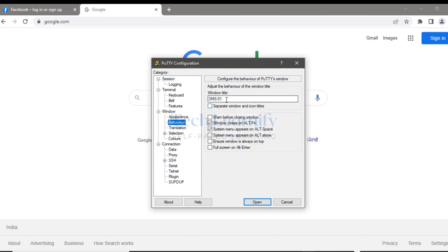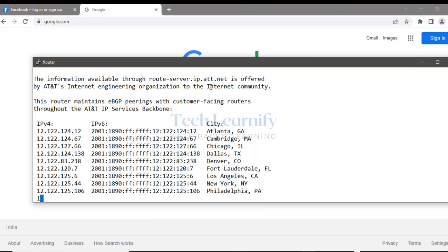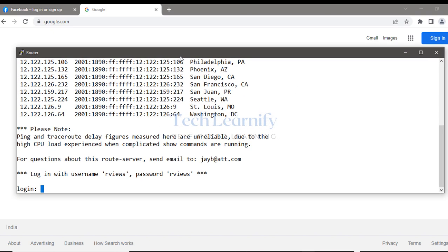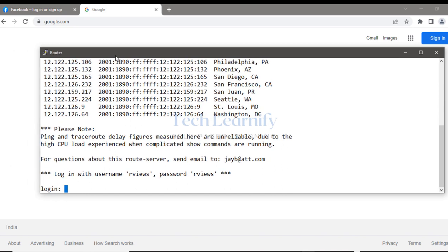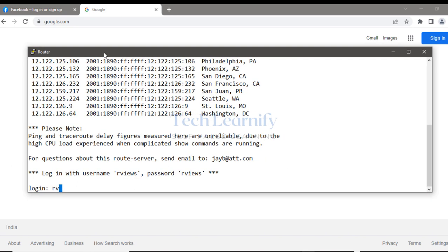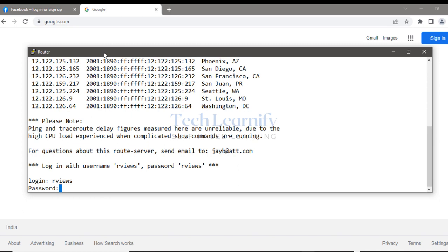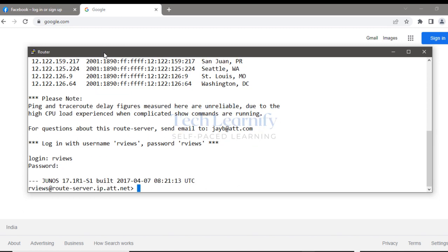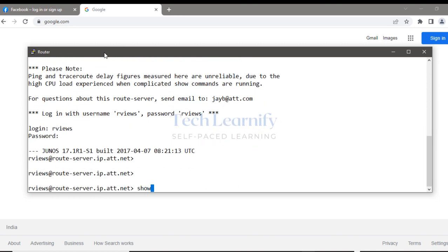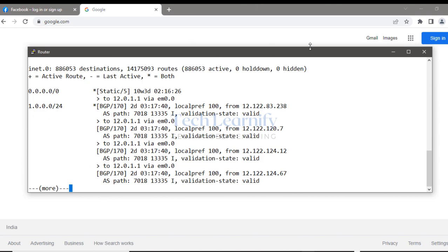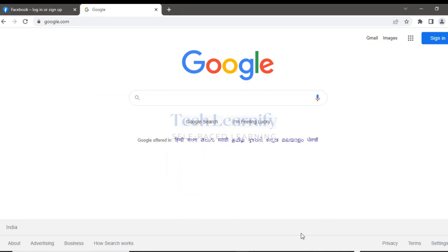All right, so it's a router. Telnet traffic. Okay. Show route. All right, so